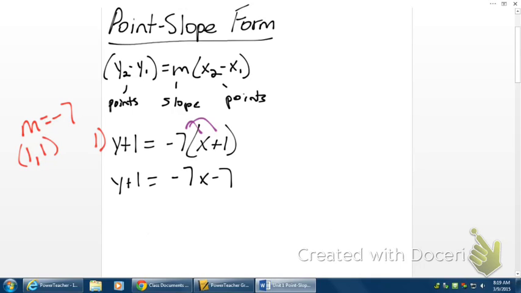Last thing we have to do, remember, all this revolves around getting in slope-intercept form. We need to get the y by itself. That's a positive 1. Let's minus 1 from both sides. And we're left with a negative 7x minus 8. So what's the y-intercept